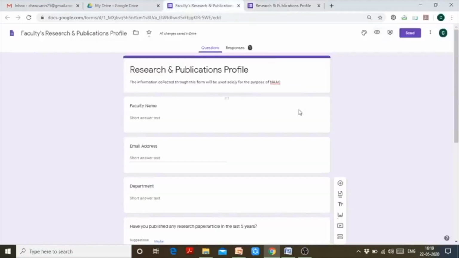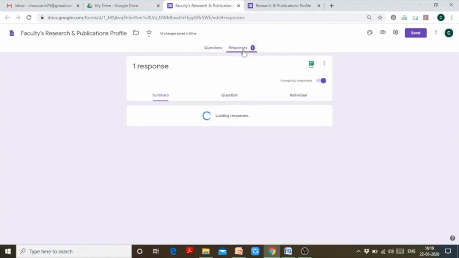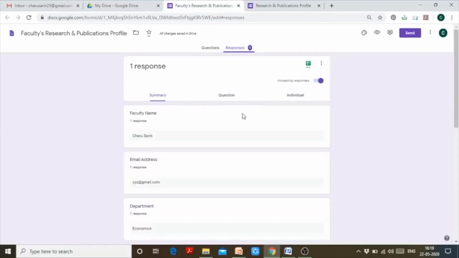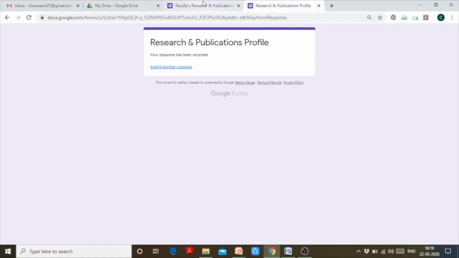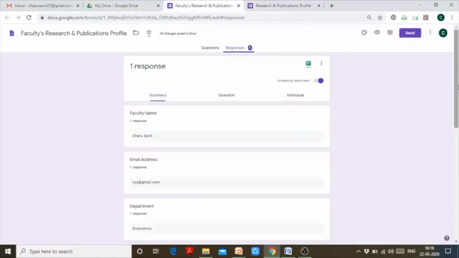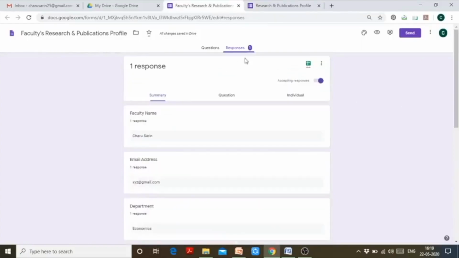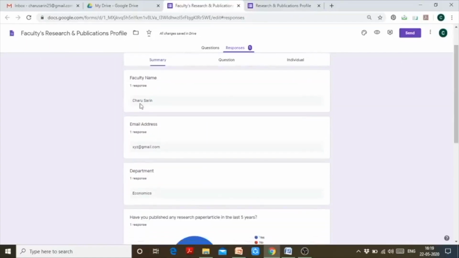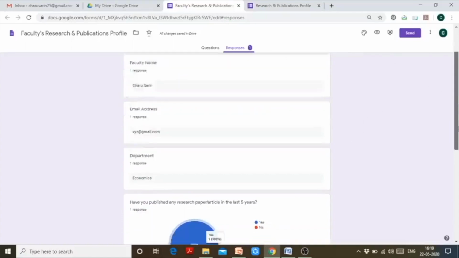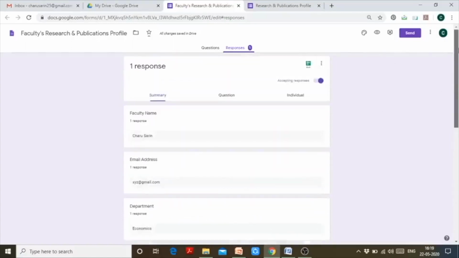Now, if you see in this window where you originally created your Google form, in the response section, I have got one response, which is the same response which I filled here just now. Within seconds, or actually within fractions of a second, the information has got updated. This is real-time updating. So this person has filled in the form with all this information, right? So this is the response sheet.